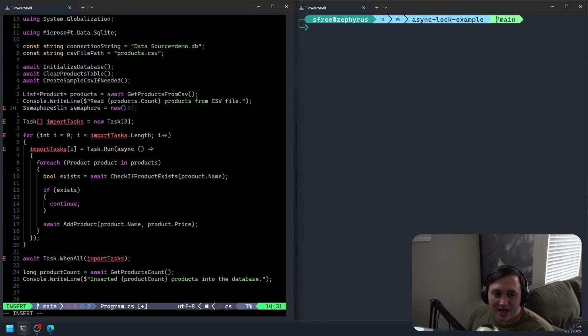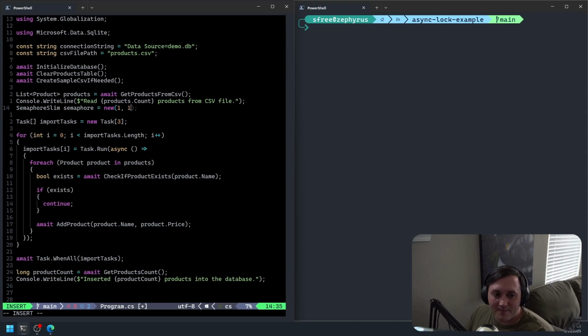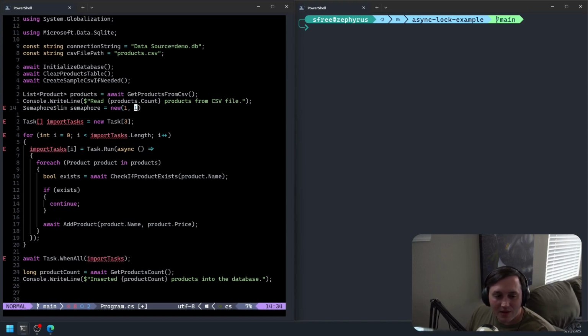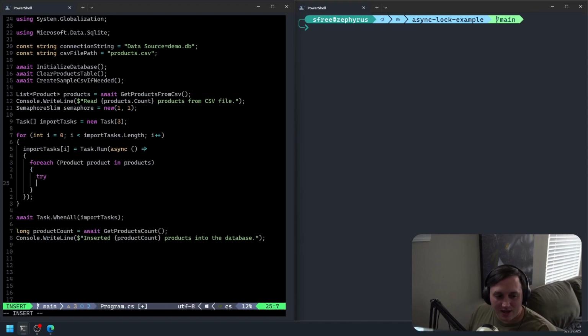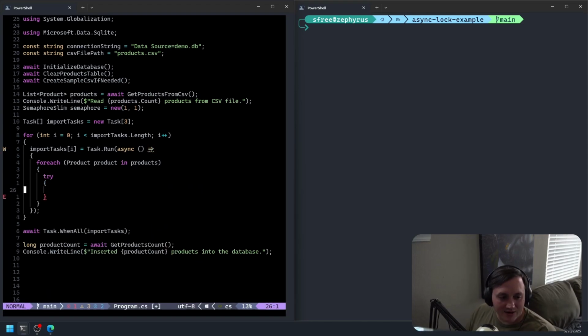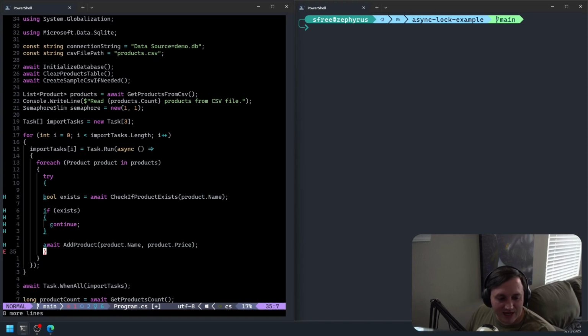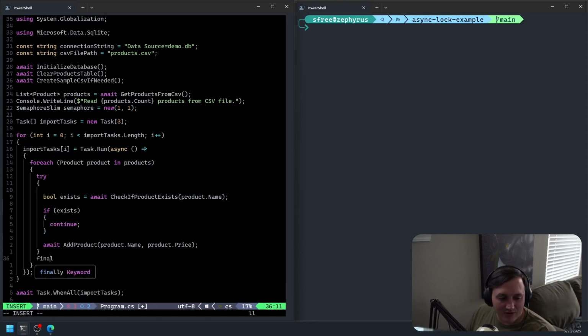And so in this case, I'm going to say 1 to begin with, and then a max of 1 as well. And then once I have that semaphore, I can go down and use it to protect this critical block of code. So let's take this block of code and stick it inside of a try block here. And then we don't really have need for a catch right now, so we'll just add our finally